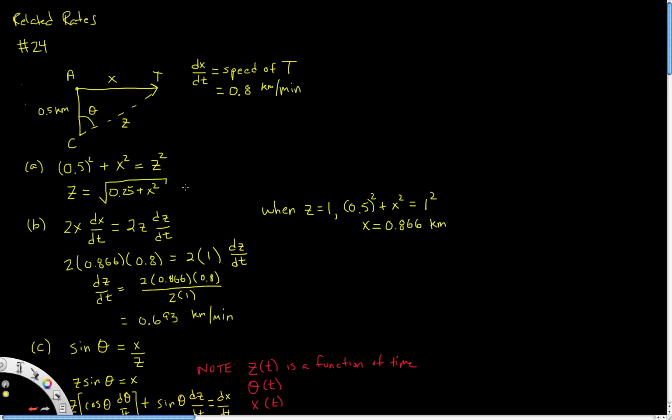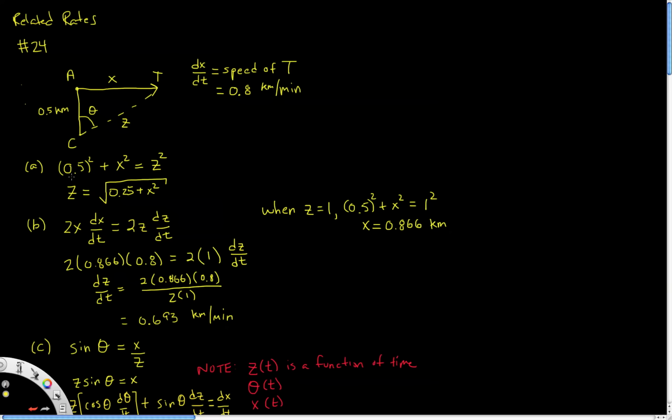Okay, in part A, they asked us to find z in terms of x. What I do here is look at the picture that I've drawn for the problem and think about the relationship, the geometry of the problem. What is the relationship between x, 0.5, and z? Well, I have a right triangle here, right? And so I know that the Pythagorean formula holds, so that I can write 0.5 squared, which is this side length, plus x squared, which is that side length, is equal to the hypotenuse length squared, z squared,